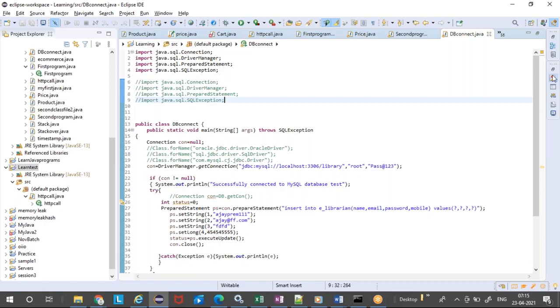Somebody in your organization might have created a login functionality and packaged it into a jar file. You just need to include that jar file in your application and use those class files and methods. That is what we are going to do.